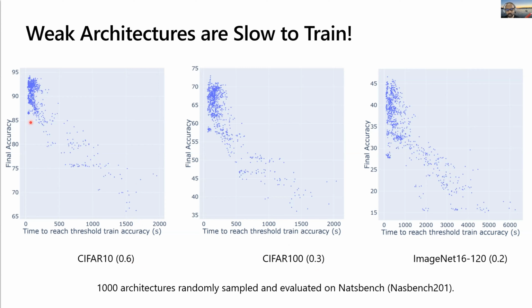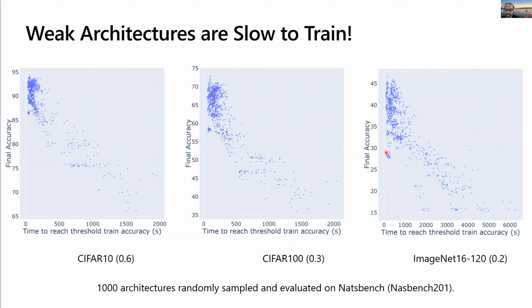Note the converse is not true. It doesn't mean that there aren't weak architectures that train quickly. For example, here, this is relatively weak, and there are all these architectures here, relatively weak, which can quickly train. For example, if you take an architecture which is only skip connects, there are not a lot of parameters in it, and not a lot of work for backprop to do. It will train very fast and achieve something, but it will not be very good, right?